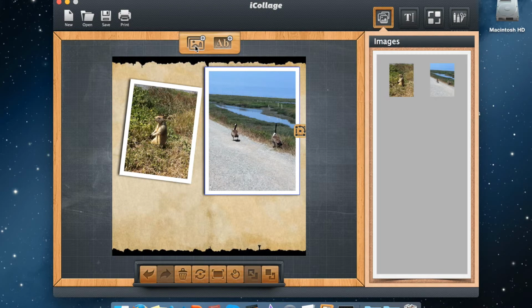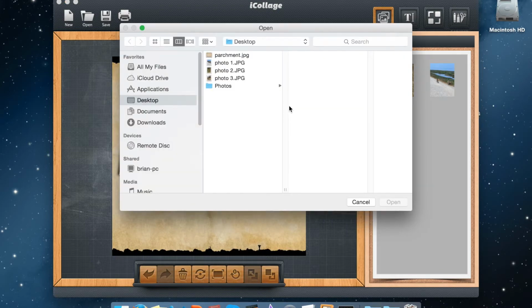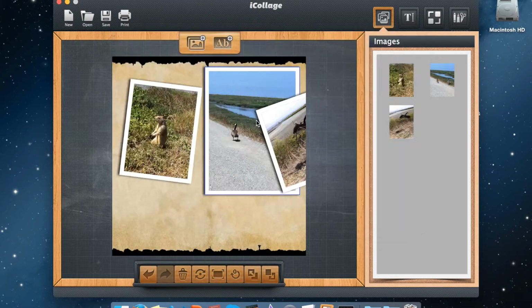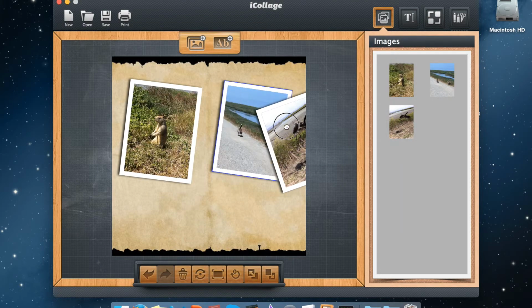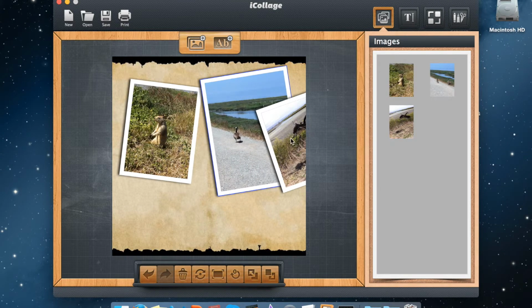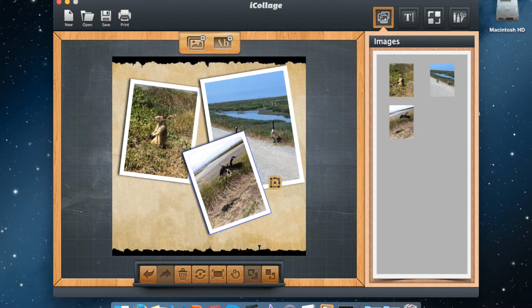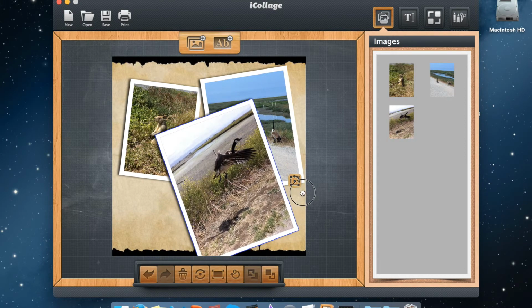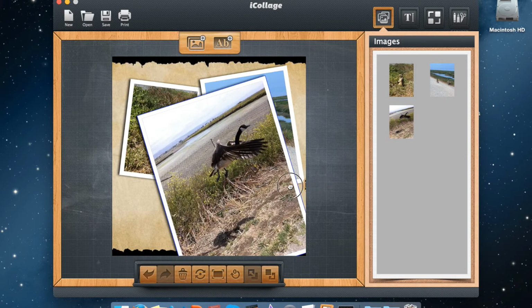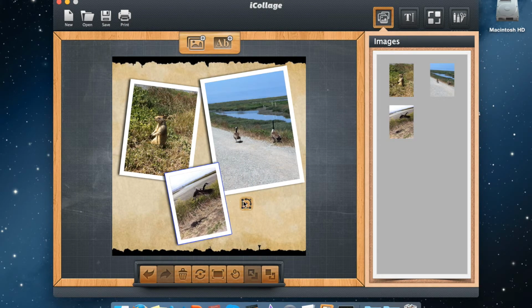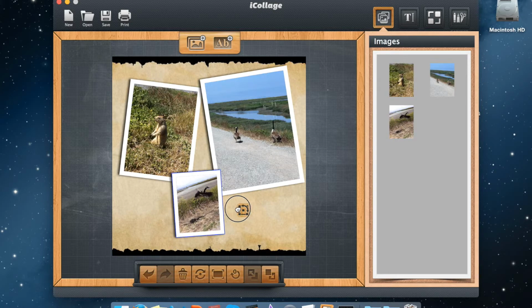And I think this could use at least one more picture for now, so I'm going to use this picture of this goose that was about to take off, and I've accidentally messed up the first picture, but there, I fixed it. Okay, so now I have this picture of the goose that's taking off, and I can move that around and resize it. So this one needs to be a bit smaller, and I'm going to put it down here and try to straighten it